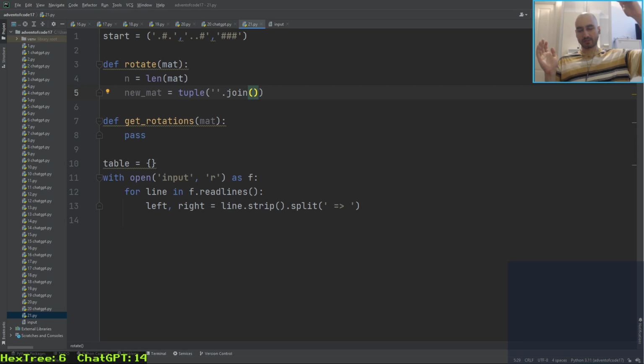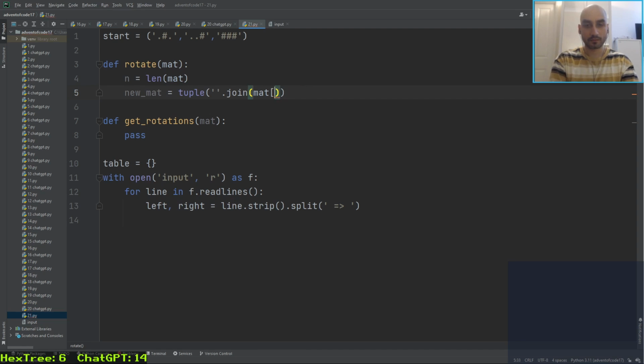So it goes starting from i equals 0, j equals 0, okay, so it'll be the original mat, the kth row, the 0,